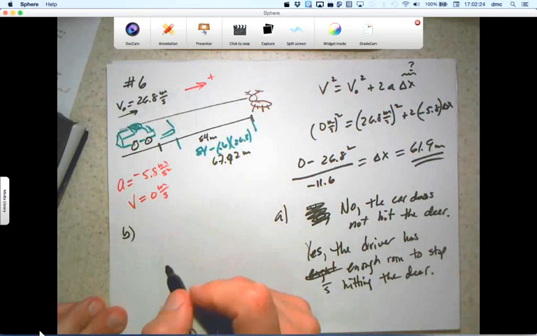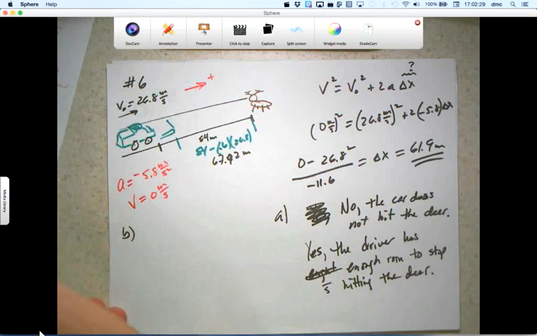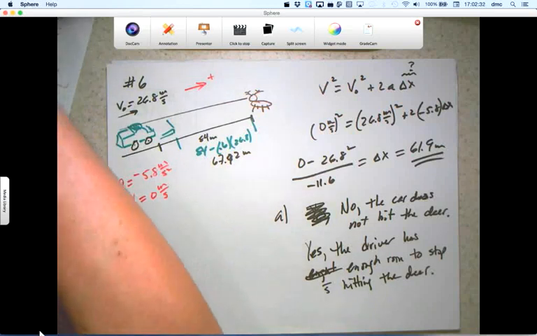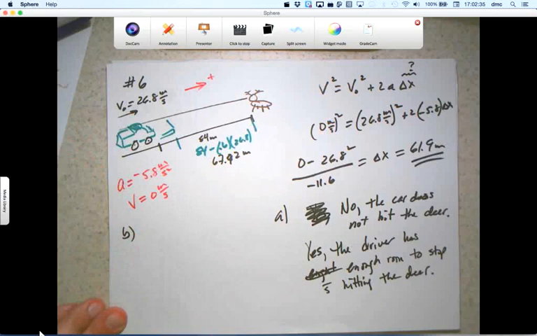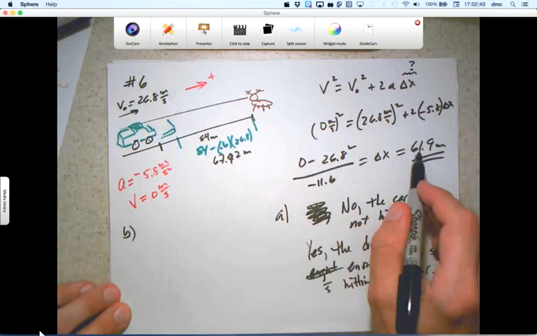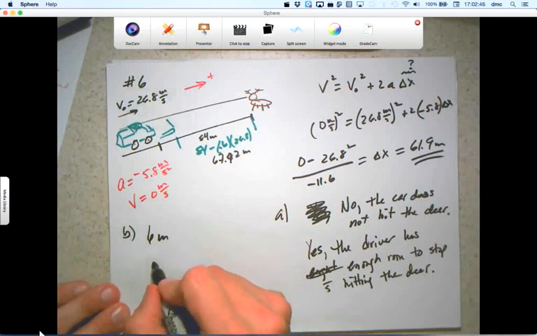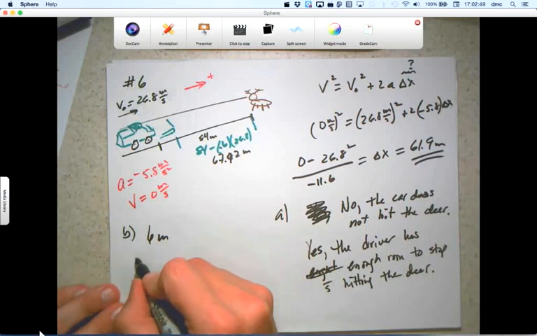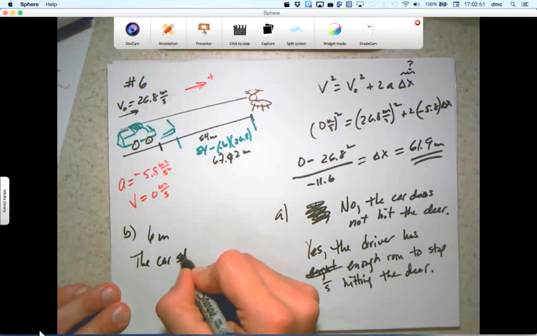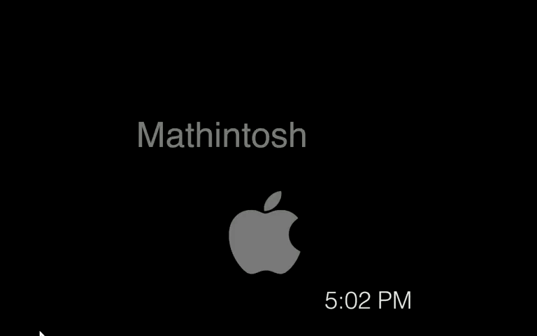B. If not, how many meters separate the car from the deer? Okay, so if it doesn't hit the deer, all right, then how many? So okay, so it had 67.92 meters, and it took 61.92 meters, so it looks like 6 meters. The car stopped 6 meters from the deer. The car stops 6 meters short of hitting the deer. Okay,